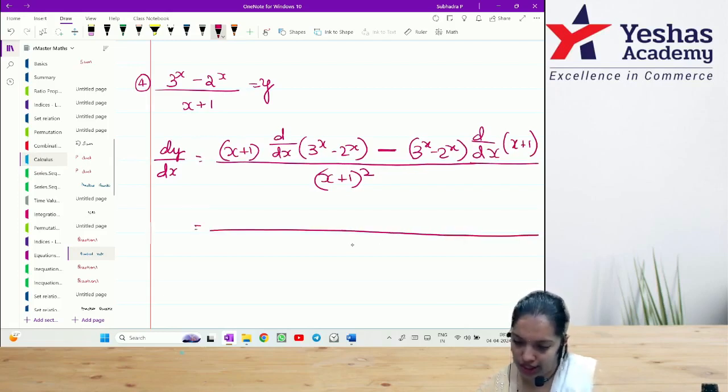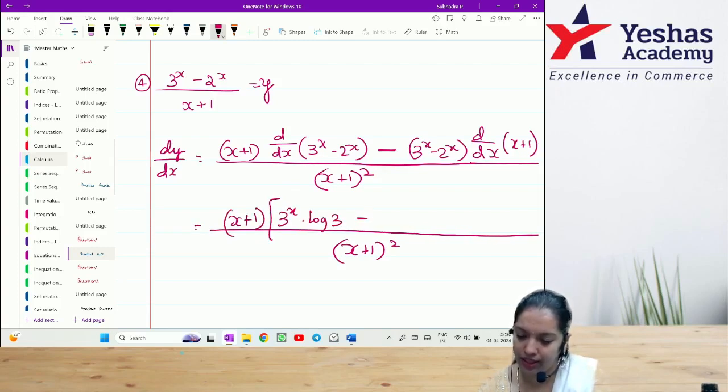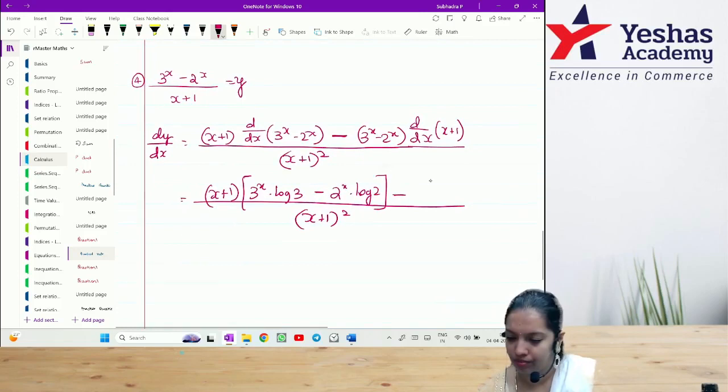Next, denominator whole square as it is. x plus 1 into, what is the derivative of 3 power x? 3 power x into log 3, minus derivative of 2 power x, 2 power x into log 2, minus